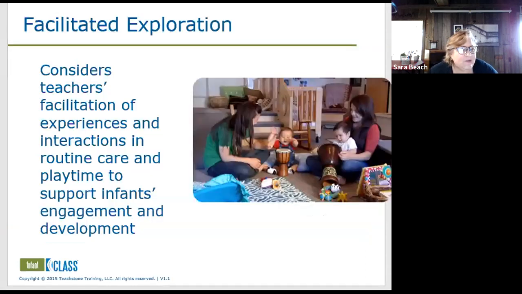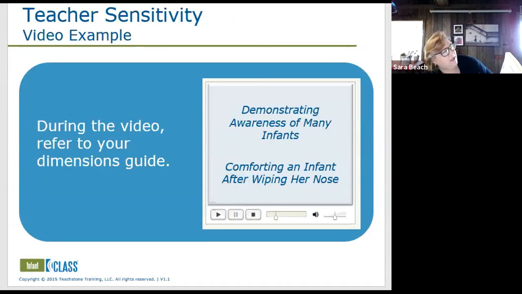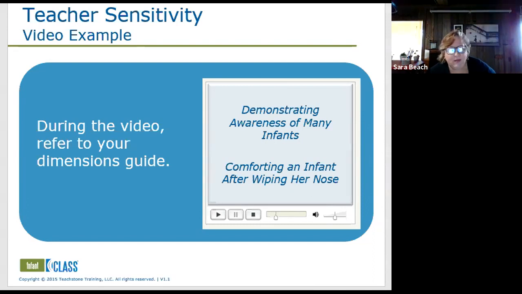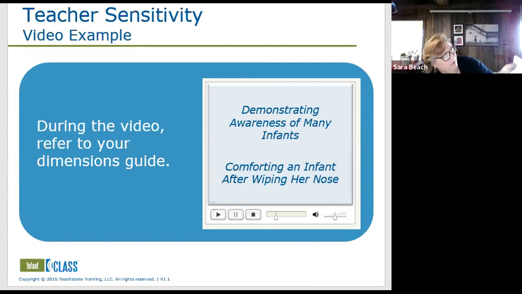All right. So which of those teacher sensitivity behaviors did you see? If you look at the face page again, we have awareness and cue detection. And under that, the behaviors are visually scanning, attending to the child physically, and verbally or physically acknowledging the child. Did you see those? Absolutely. With the teacher on the floor, the main teacher that we were watching, she did all of those, right? She was watching what they were doing, and then she was acknowledging them throughout, watching for their cues.